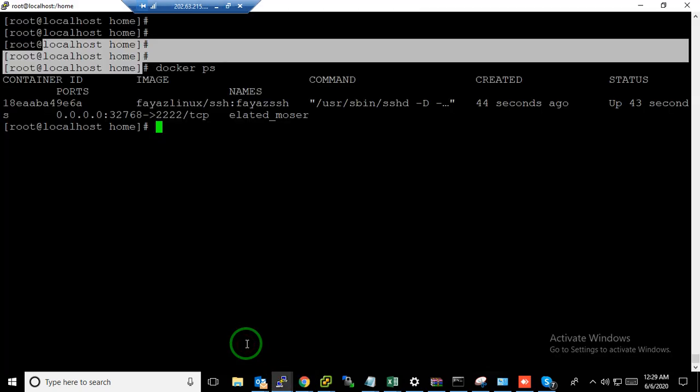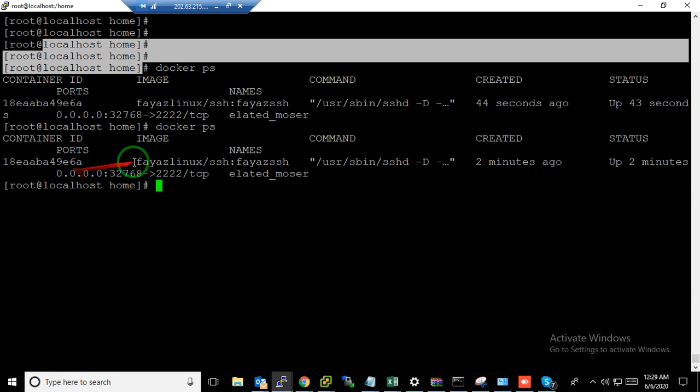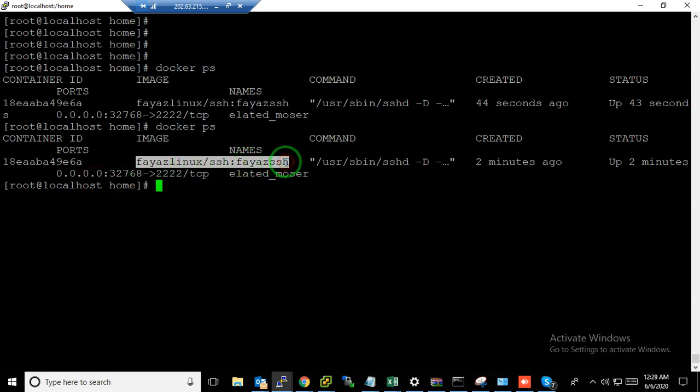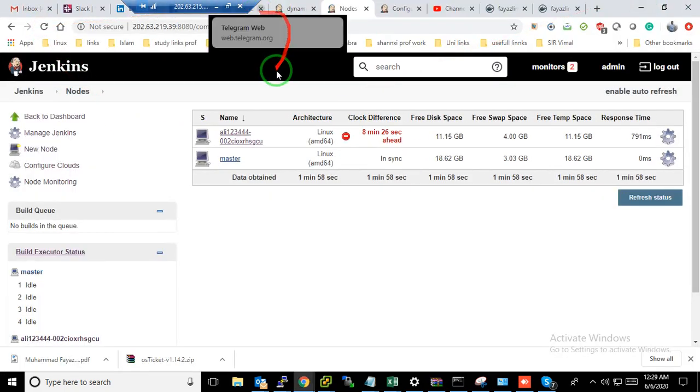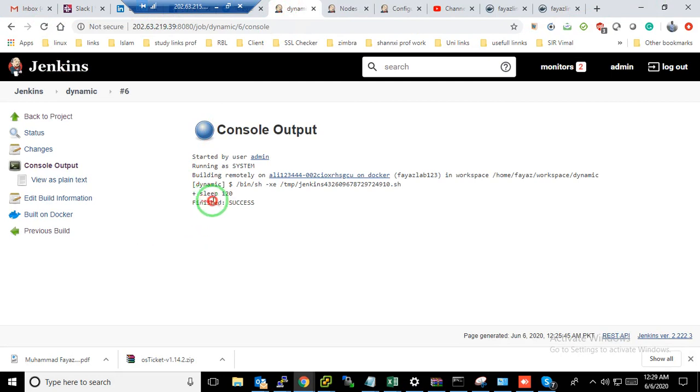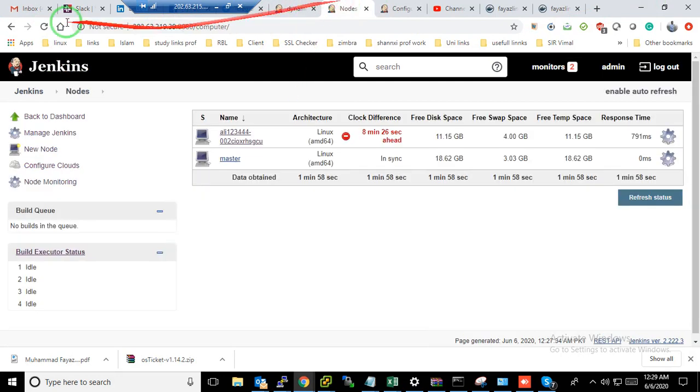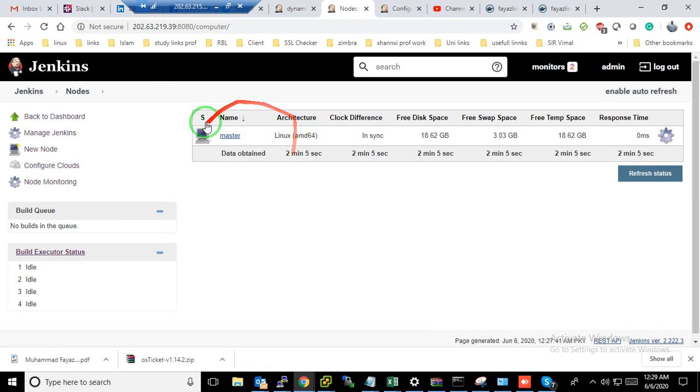It was created from this image, on this port I have already created here. You can see it's still going on. Once my job is finished, it is destroyed automatically: it dynamically runs the job, completes its task, and is destroyed. So this is the dynamic Jenkins cluster.